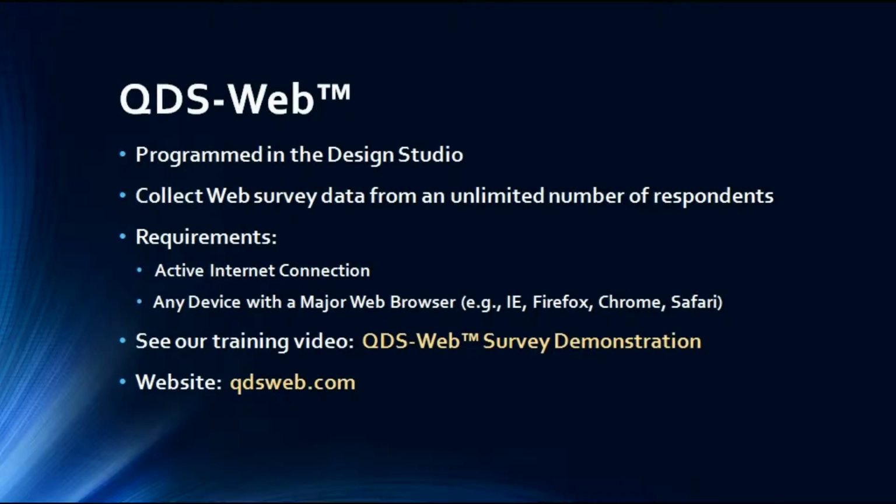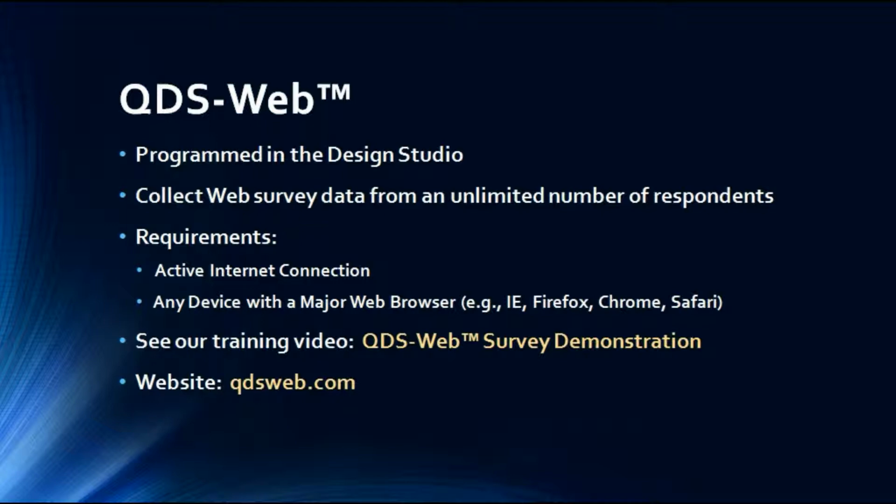Our first major addition to QDS version 3.0 is QDS Web, a new interviewing module. Web surveys are programmed in the Design Studio, and you can collect survey data from an unlimited number of respondents. The only requirements are an active internet connection and any device with a major web browser. Because it is browser-based, QDS Web can be run on non-Windows devices including iPhones and iPads, as well as Android